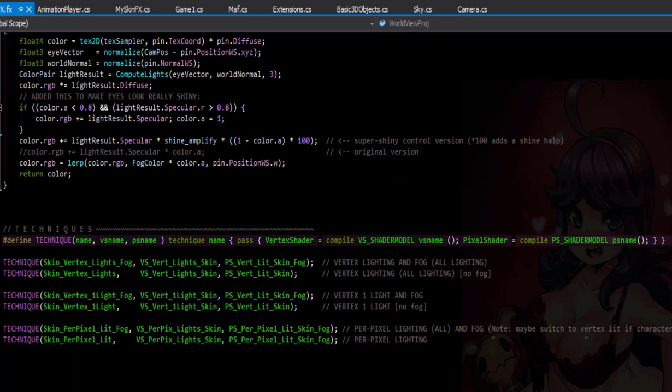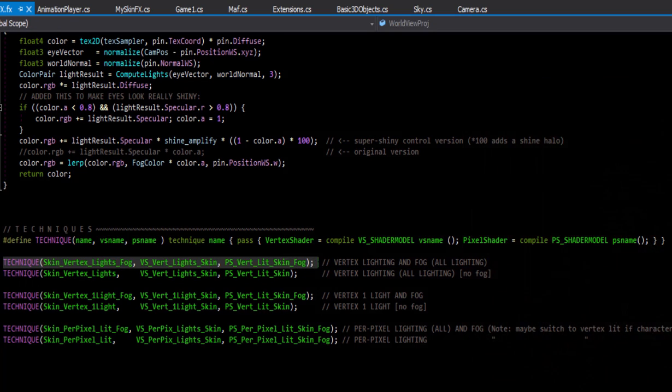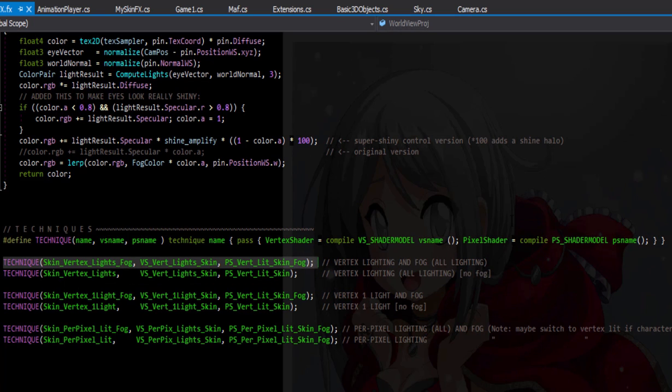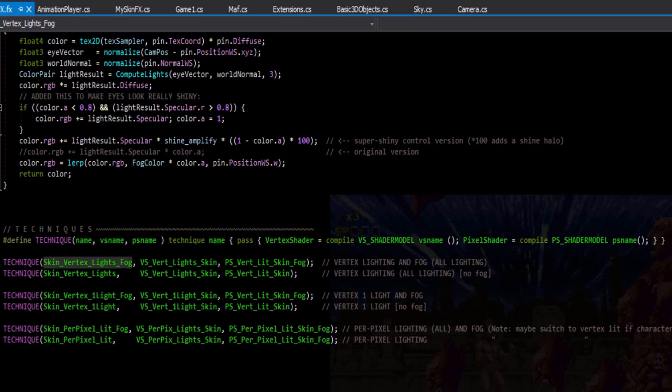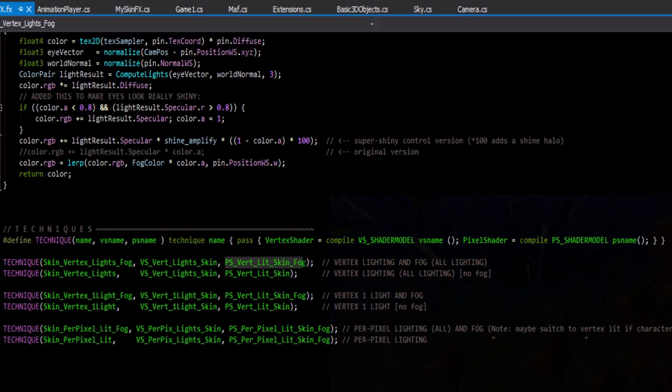So this can take in a name for the vertex shader, a name for the pixel shader, and it just applies it here and here. So that's what this is, and then we can just use this and it'll substitute this stuff in place of that. So we're creating a new technique that we can call for in our CS code, and if we use this name in quotes, it'll use this vertex shader and this pixel shader, which are specialized.